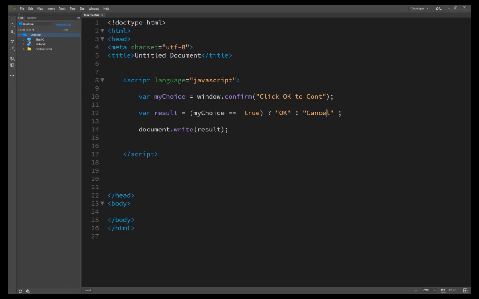So basically both techniques are the same. We learned about this in the previous lecture in task 34, and in this lecture we learned the same thing using short form condition testing. So this is a very useful technique, basically when you want to assign a value to a variable. If the condition is true, it gets one value, and if the condition is false, it gets another value for your variable. So we have just completed task number 35.